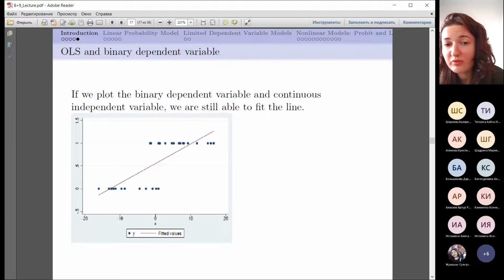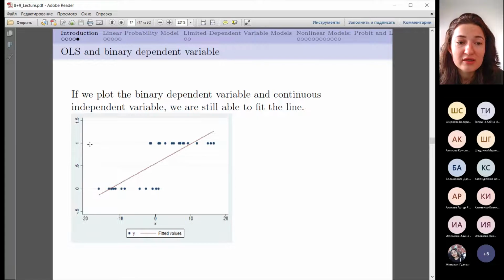But is it still possible to estimate the beta parameters using such a scattergram, using such a line? The answer is that it's indeed still possible to run the regression with the ordinary least squares method. But you can notice even from this graph some potential problems after you run this kind of regression. You can see here the first problem. If you remember our point that we work with the probability now,